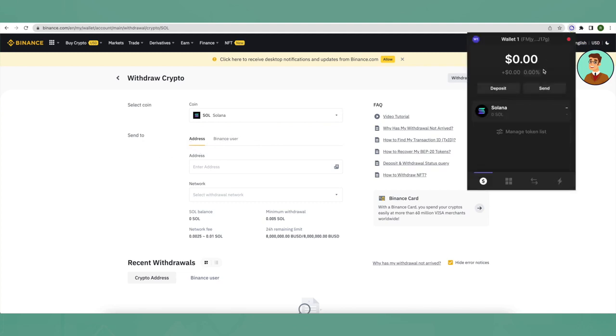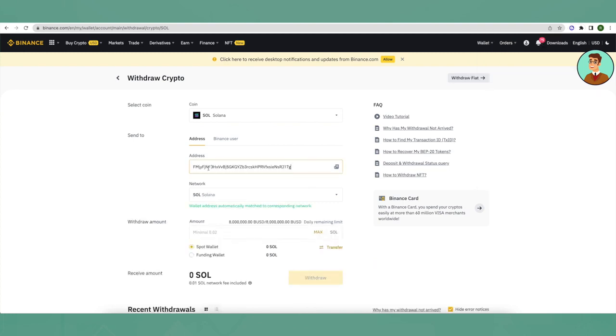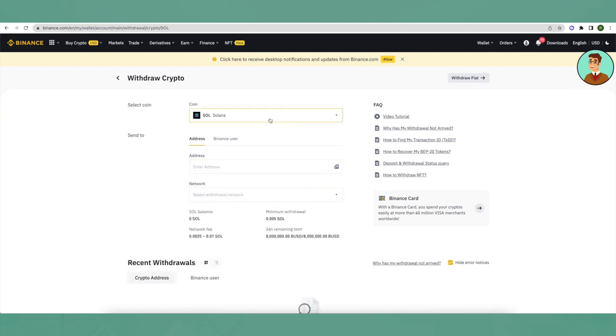In case you have any doubts regarding your Phantom wallet, you can check our playlist. So just copy your Phantom wallet address and paste it on Binance. And the good thing is Binance can automatically detect the network. Earlier we had to do it manually. Then just fill up the amount that you want to withdraw and click on withdraw. And in case some coin is not supported on the Solana chain, then Binance will show you